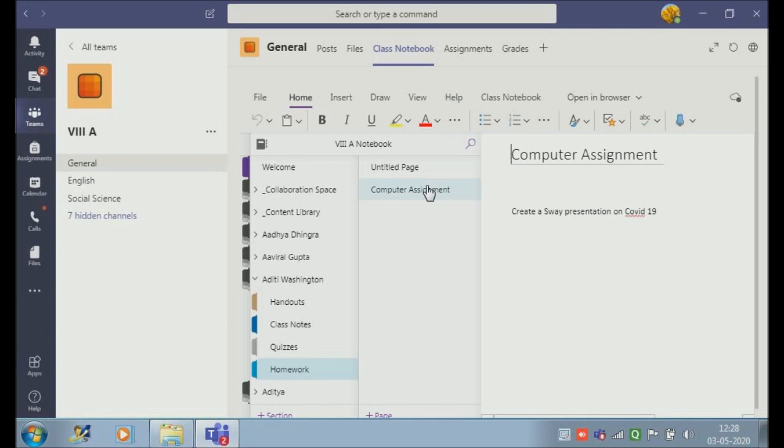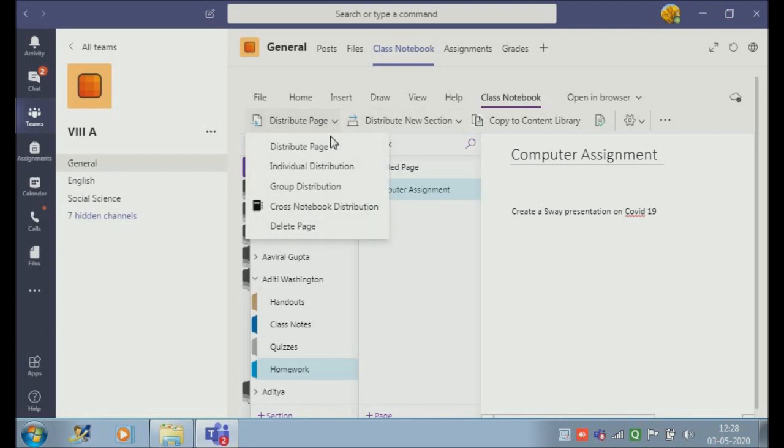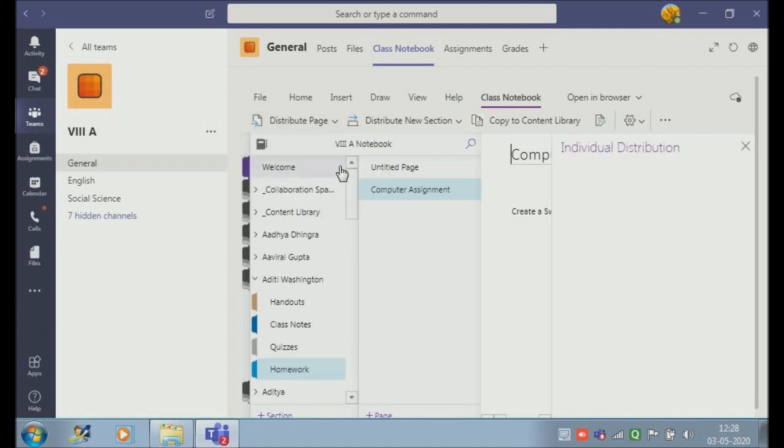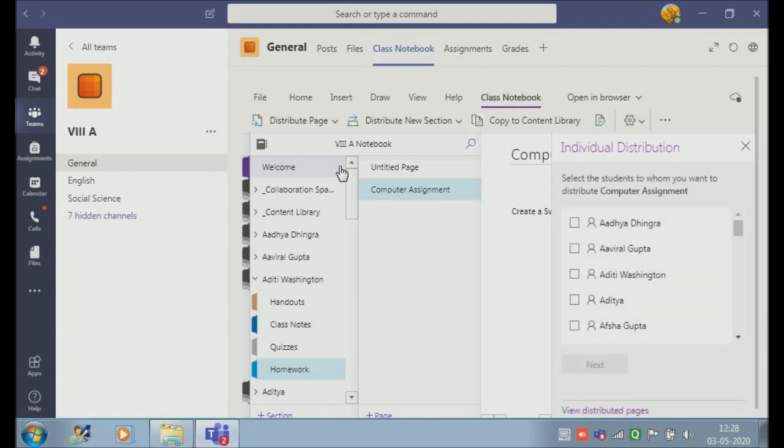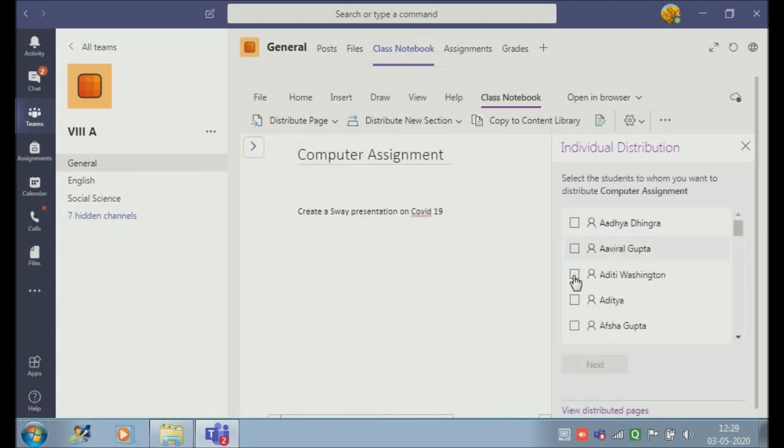If we want to post assignment to some optional students, not to all, then what we can do is we can click on distribute page, and then we can just go to individual distribution. Supposedly we are taking optional subjects, we have 10 students from one section whom we want to send the homework, so we will have to do the distribution of the page by selecting those particular students. So we can do individual distribution, otherwise we can distribute section wise, and then we can send that section wise to each class.